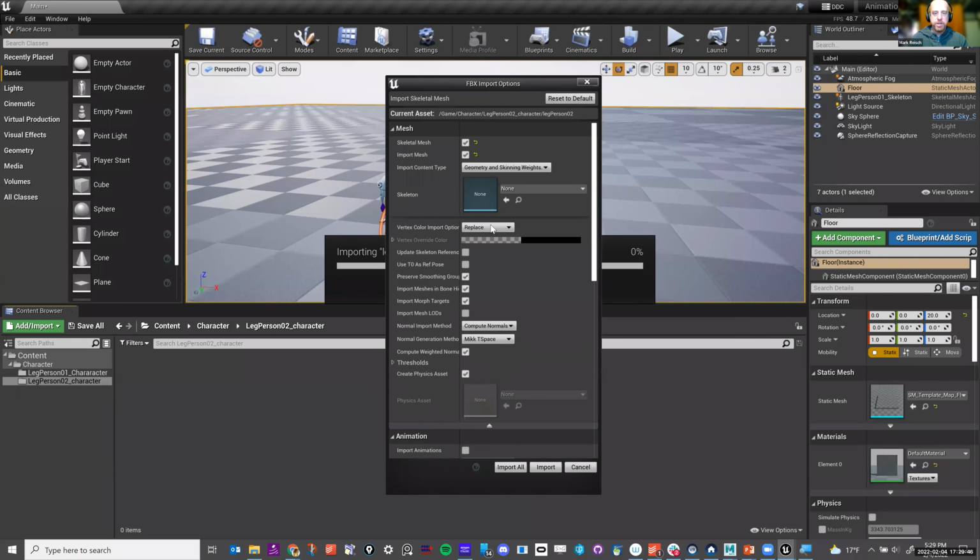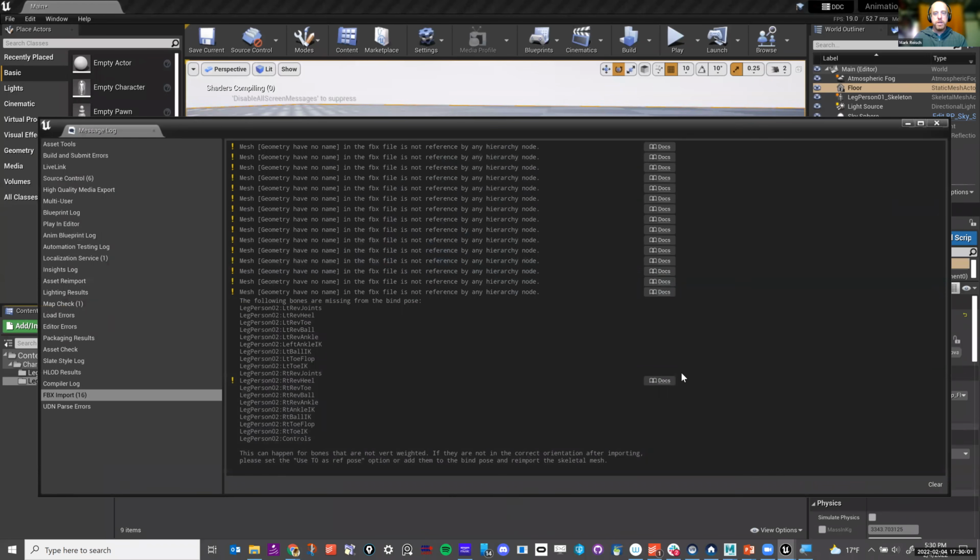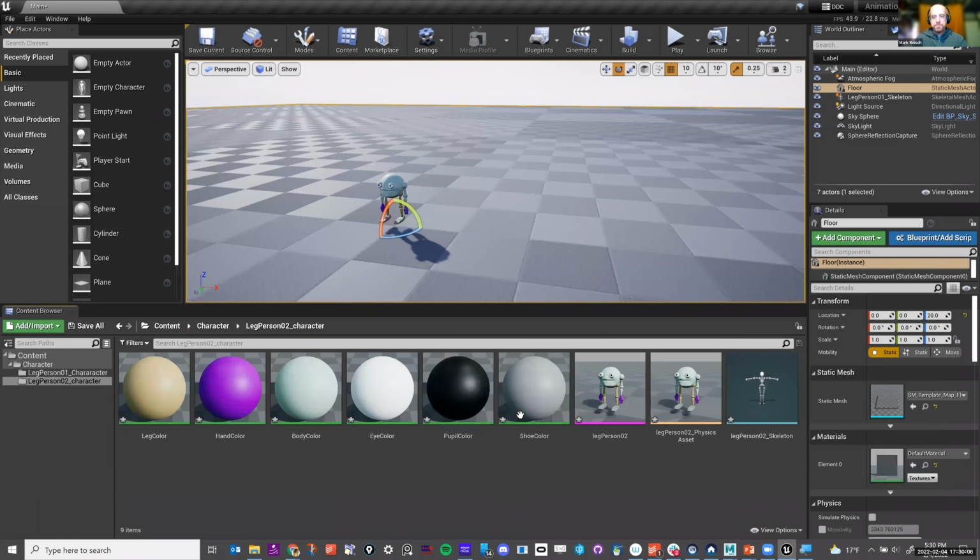And again, I just want to make sure that the morph targets are on. They're already on because I've already imported something, and I'm going to do an import all. You might have some problems in there, you might not.